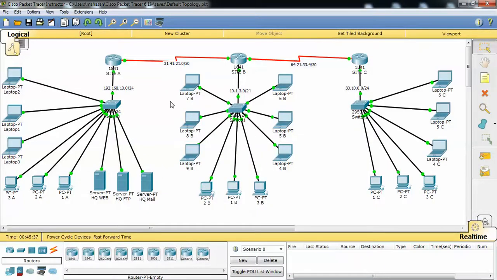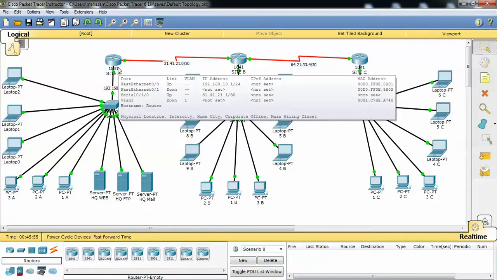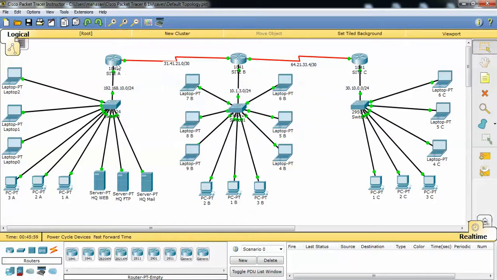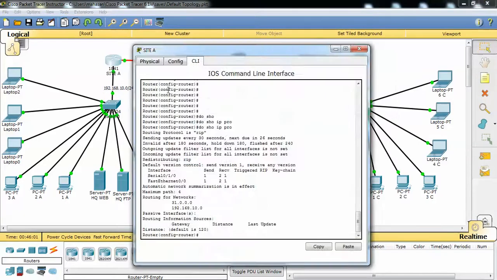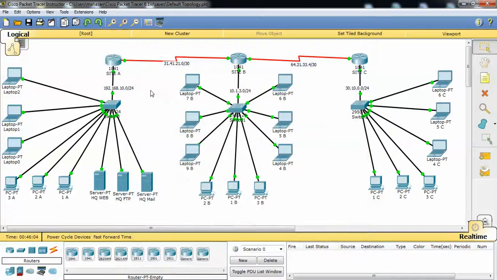I have already pre-configured an environment which has some basic configuration, like IP interface configuration, which I have already done on the sites. Before we begin, I just need to show you some basic prerequisites. RIP is a dynamic routing protocol, and every router has to propagate its own routes. Like I have on site A the subnet